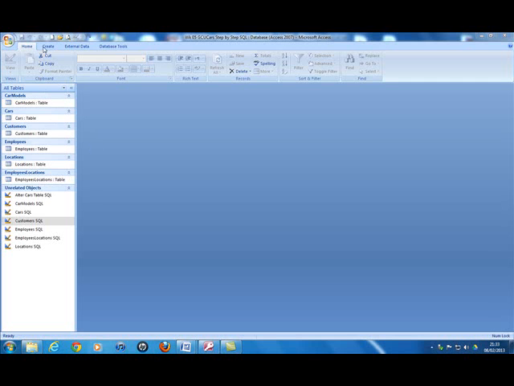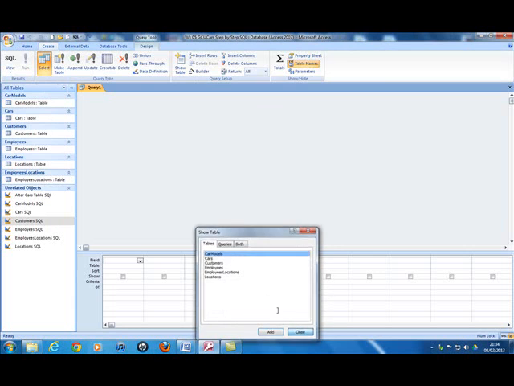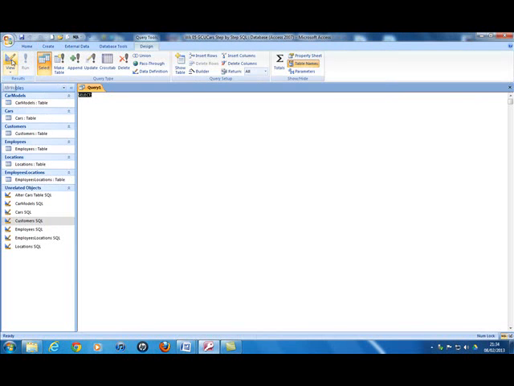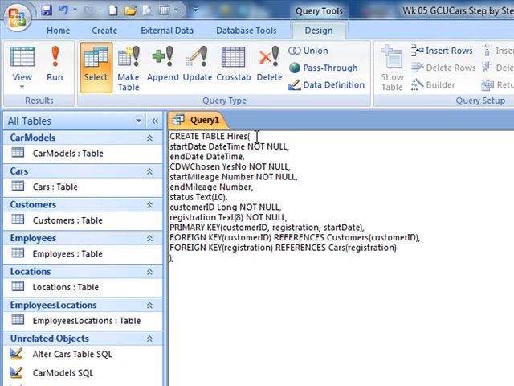I'm going to add another table. Create Query Design, close SQL View. And there's quite a lot in this table. The table, as you can see here, is going to be called hires, and we're going to have a start date with a date time data type, an end date date time data